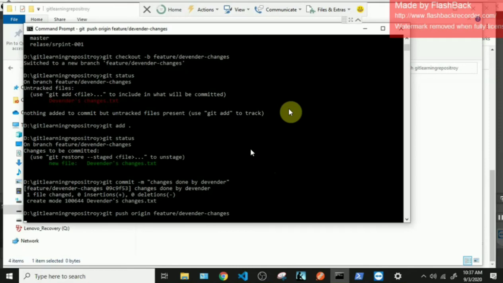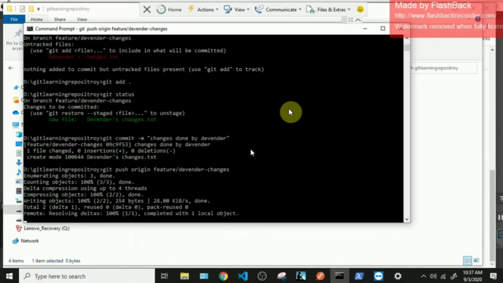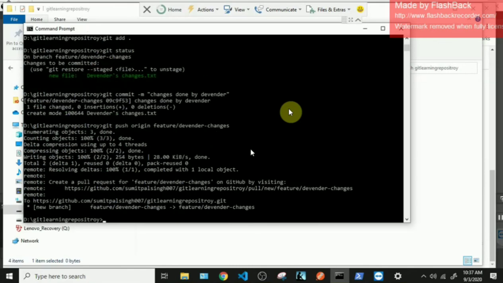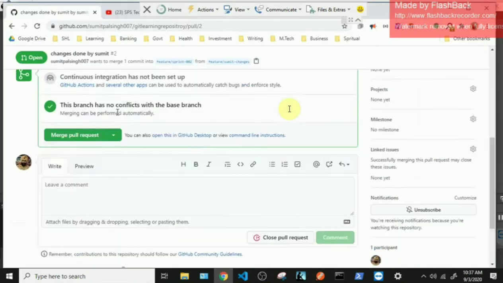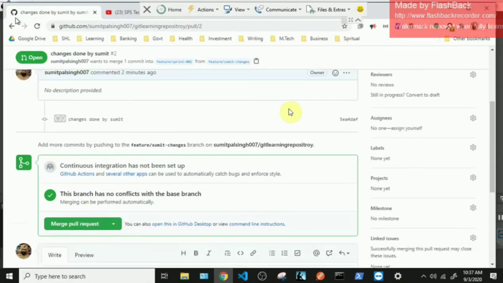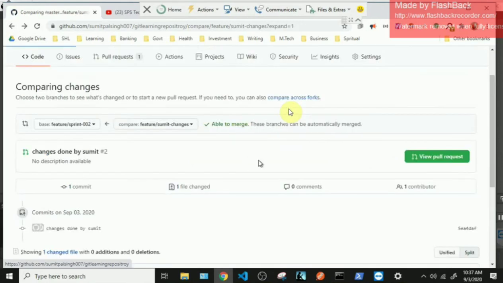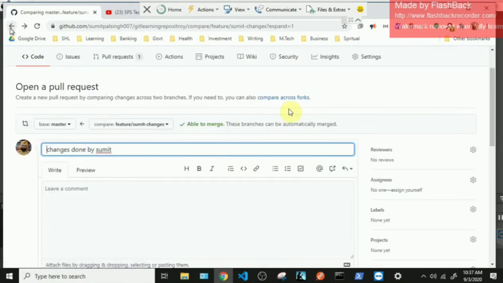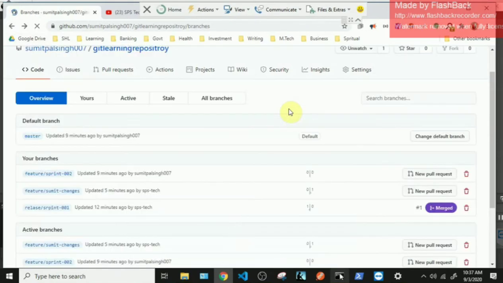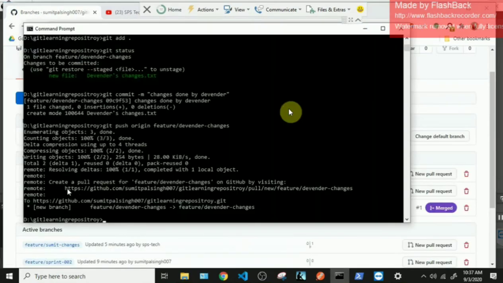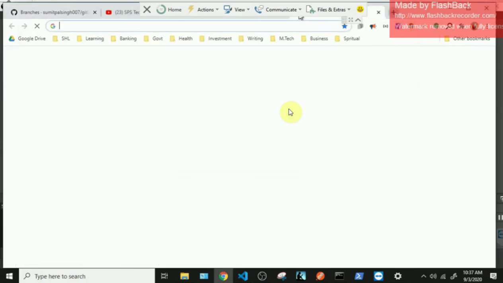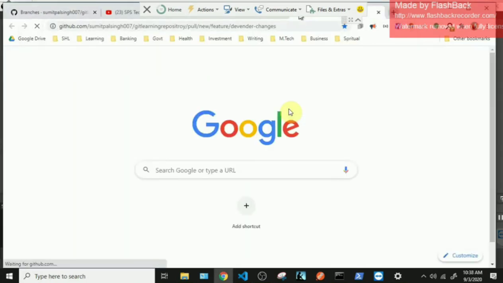So last time when we created a pull request from Sumit's branch, we created on the server side. We did it with clicking on the button which is adjacent to the branch, which is a good way. But Git provides a very convenient way to the developers for raising a branch. Whenever you do a commit, it gives you a sample URL. If you just copy and paste this URL in a new tab, it will automatically open the create pull request page.